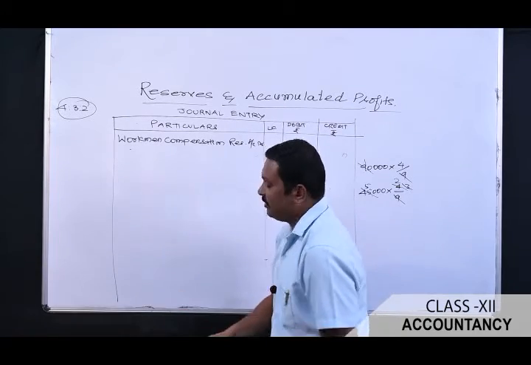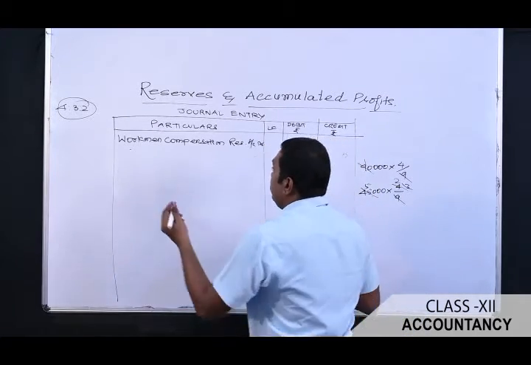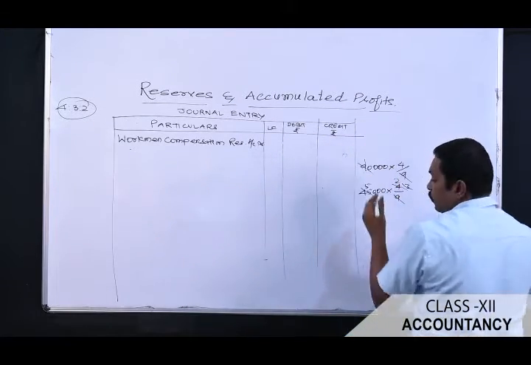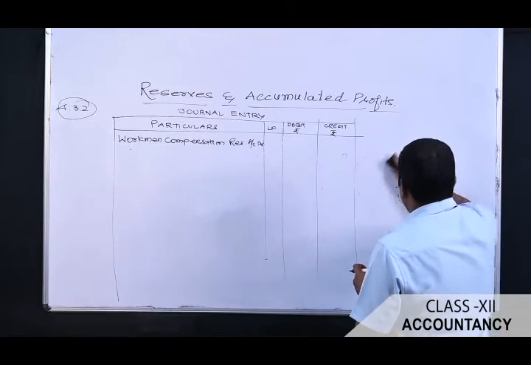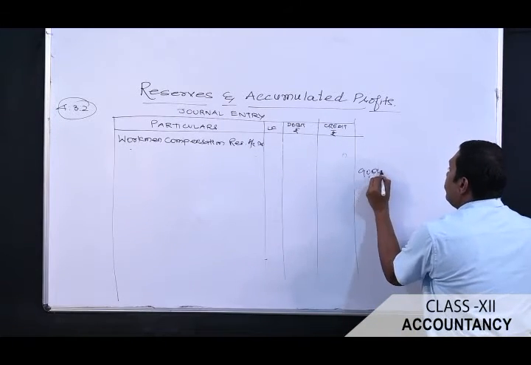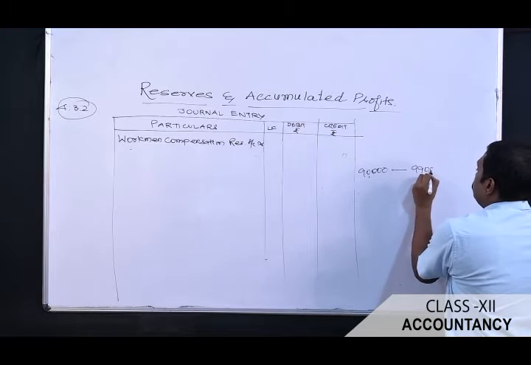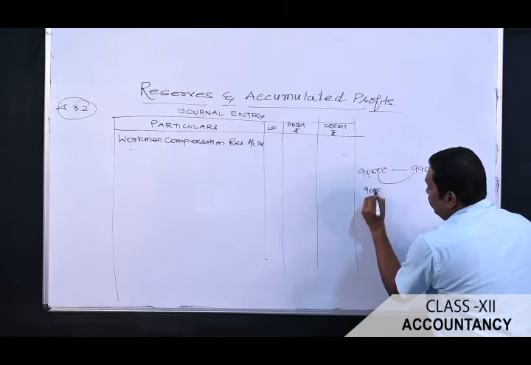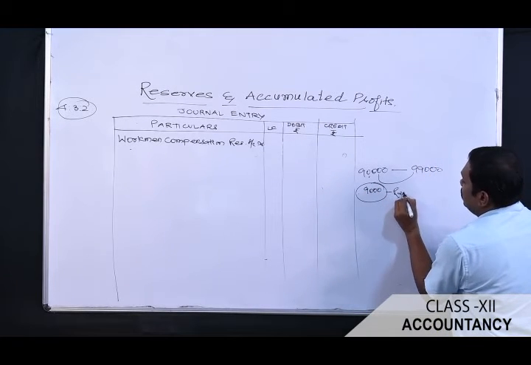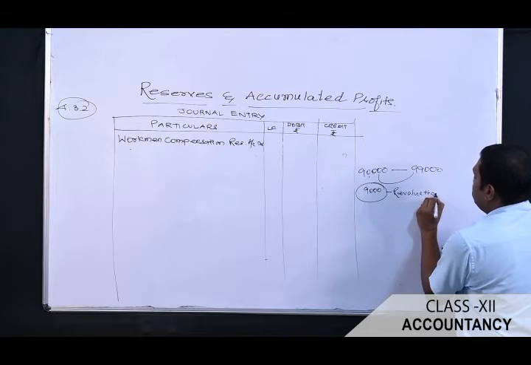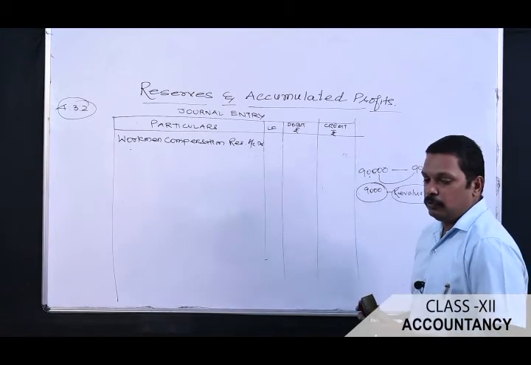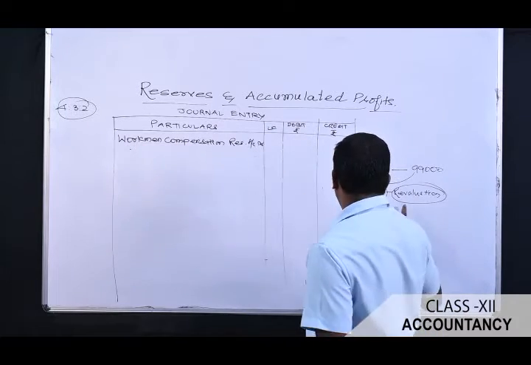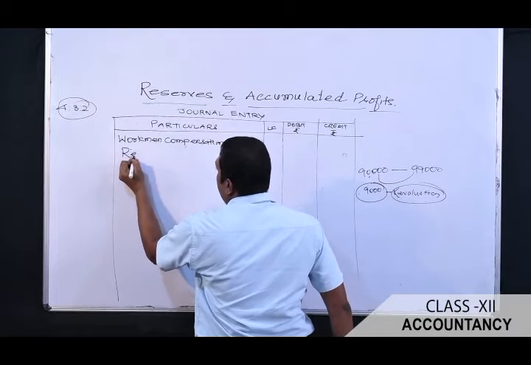Here we are having reserve 90,000 but the claim is more. We are having 90,000 only but the claim is 99,000. So how much money is short here? 9,000 is short. That will be adjusted through revaluation account. So the entry will be workman compensation reserve account debit, then revaluation account debit,